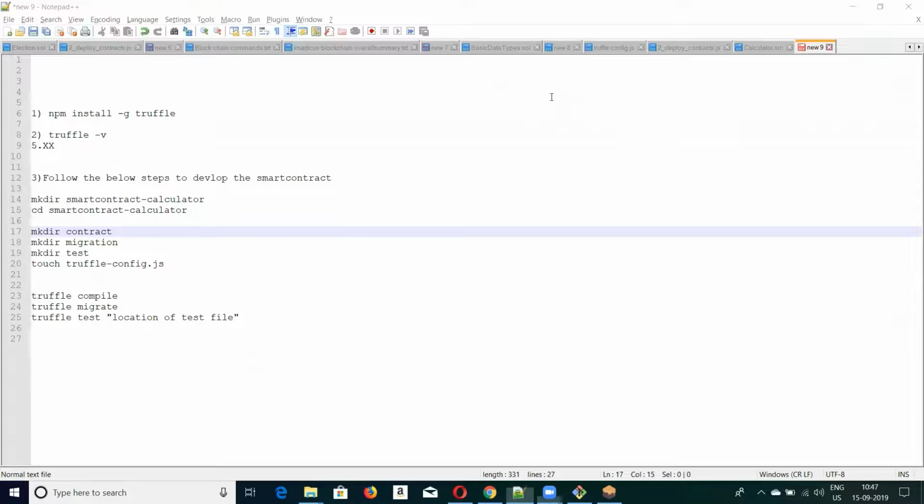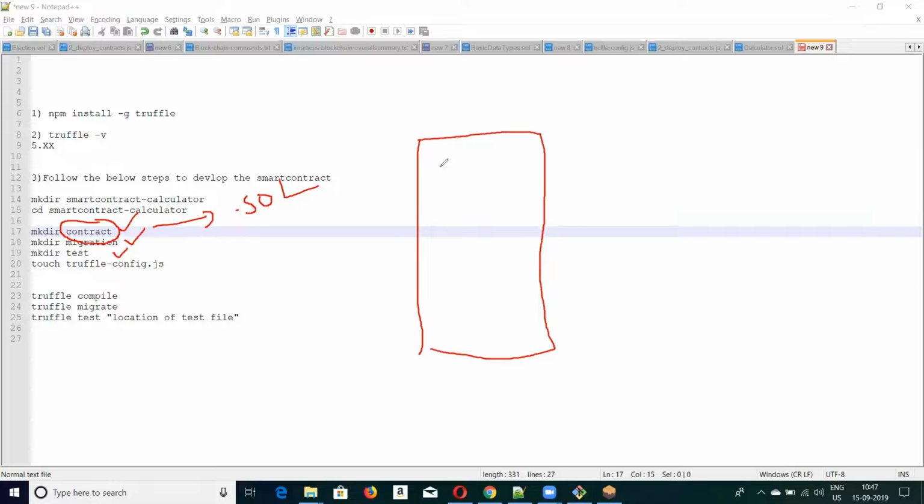The importance of each folder, and why we create these three folders, is this: whatever contracts you're going to develop, all the contracts must be developed within this folder. It means if you're developing a SOL file for your project, that SOL file should be part of this contract folder. I told you about migration. Using the Truffle framework, you're going to develop